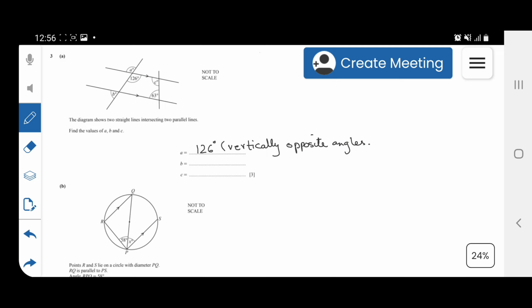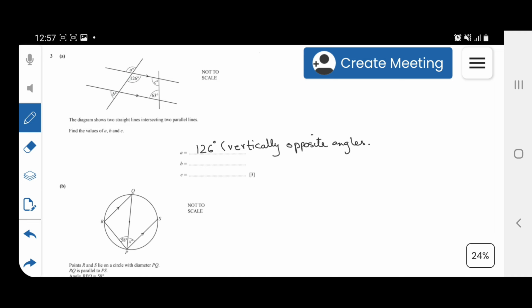Now let's see how we can find B. You can see that angle B will be a corresponding angle to this one, the one which is the supplement of 126. Both this 126 and this angle, which is not mentioned here, will sum up to 180 degrees because they are drawn on the same line. If we find this part, we can say this and B will be equal because these two are corresponding angles.